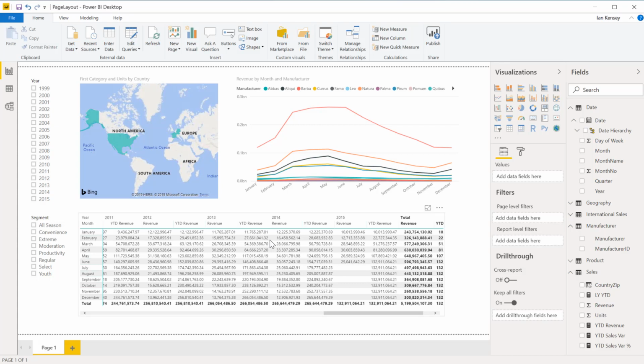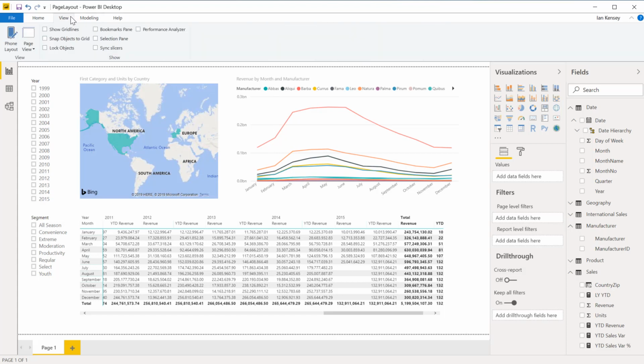Let's take a look at how you can change the format and view of the pages in your report. You can see by default we use the 16 by 9 layout, and that's kind of to match up with typical monitors that people use today. When you're viewing these reports, you can actually come up to the view ribbon up here and change the type